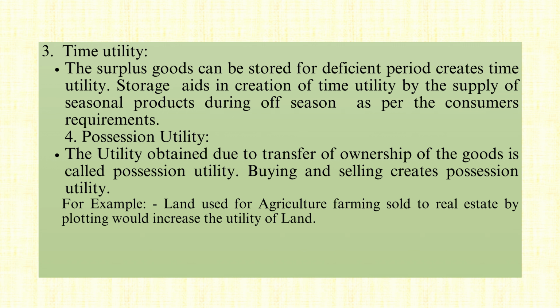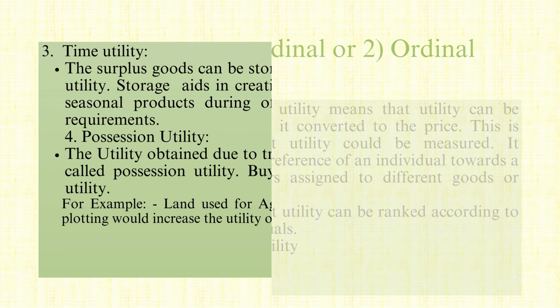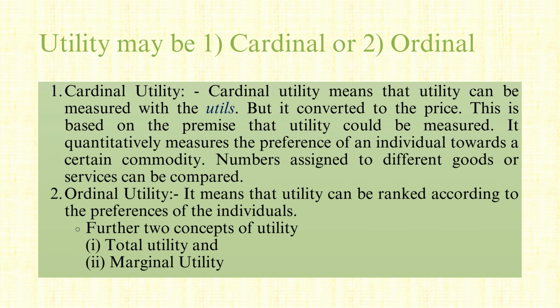Possession utility comes from owning a good. When you buy land and use it for agricultural farming, you gain possession utility. You can decide what to grow and how to manage the land. If you were just renting the land, your possession utility would be lower because you don't have full control over